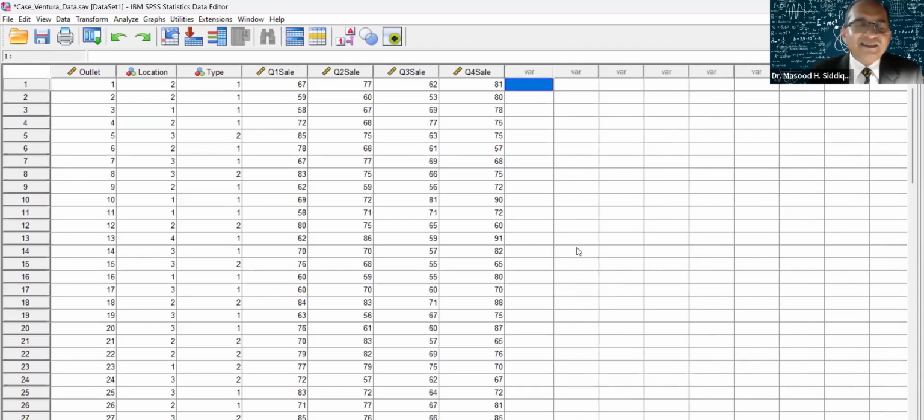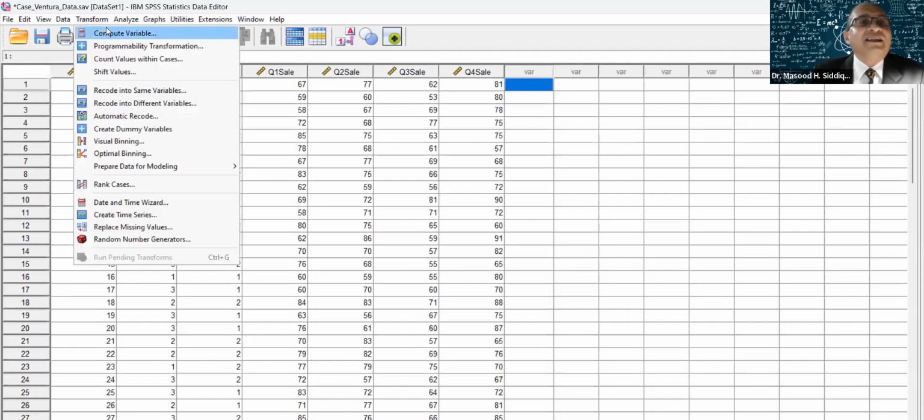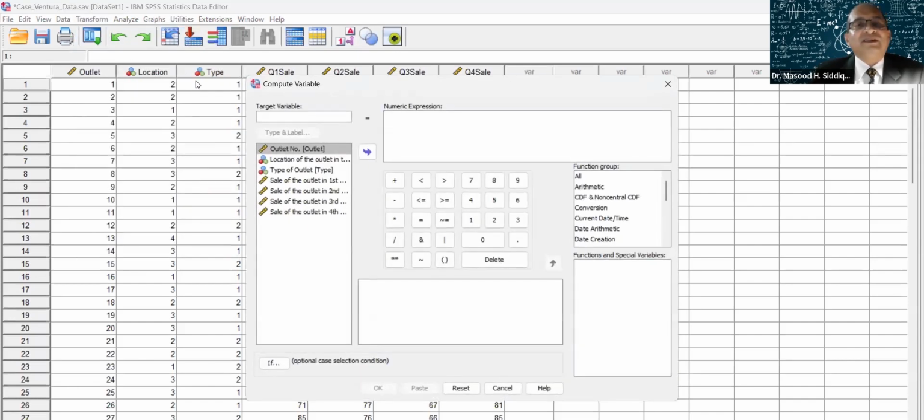The second thing is, suppose outliers are there. So how can that be done? We can calculate the range and we can go to Transform. And in Transform, we have Compute Variable, right? So we can create a new variable. Suppose Q3 is there. So we can have Q3 underscore new. And here we can put the formula, right? Here we will be taking only those values that are in the range, right? So in this manner, we can put the formula here, like